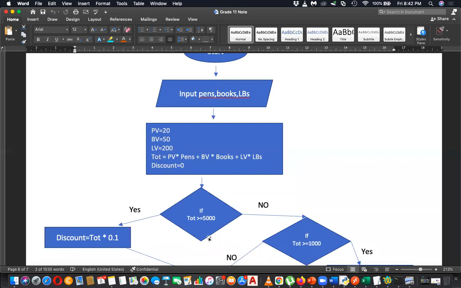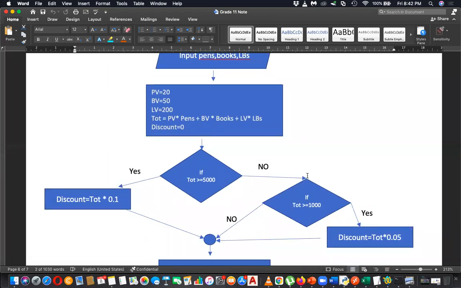If this total, then decide. You can go either in this direction or this direction. You can't go in both directions. For example, you came to a junction. Either you can turn right or turn left. You can't do both. You can go either way, left or right.